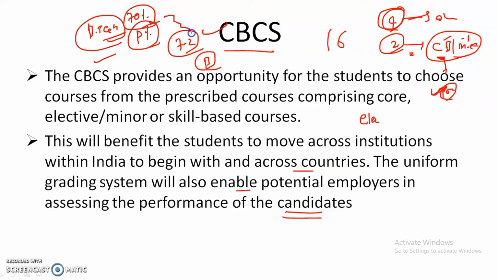So like that, different credit systems are there. That means different types of things are there. It leads to some confusion for the employers. The company that wants to recruit will get confused about which one is better and which one is efficient. But if we maintain a uniform grading system across all higher education institutes in India, it will be very beneficial to the companies to select the candidates, right?